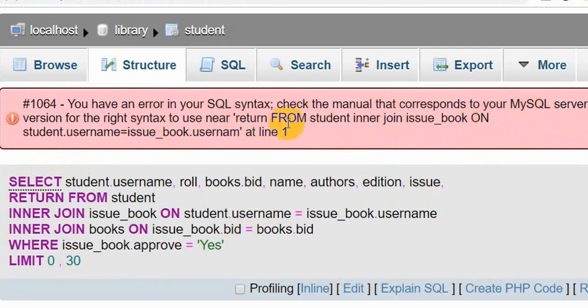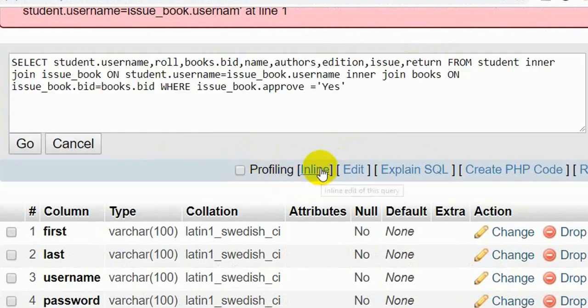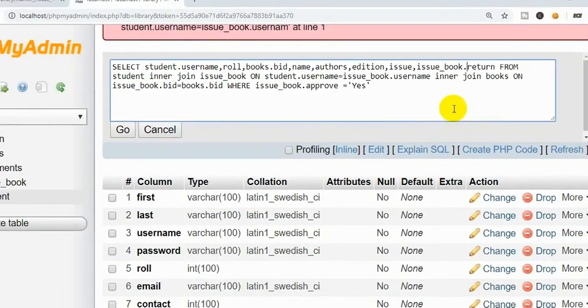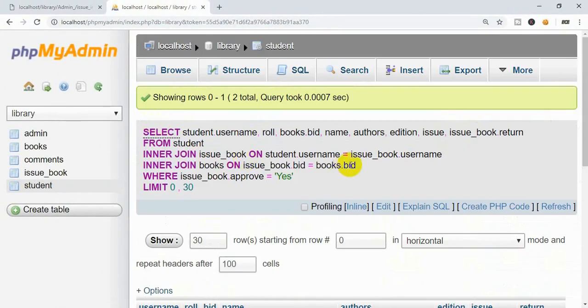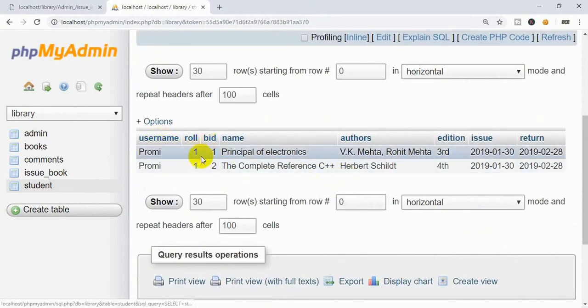There is an error here. You can see, okay, there is the error. You see, return is a keyword in SQL, so we cannot use return like this, otherwise it doesn't recognize that it is a column name. So we need to write the table name before the column name here, issue book, and then dot, then return. That way it will understand that this is a column name. Now we will press go, and you can see that our query has run successfully,